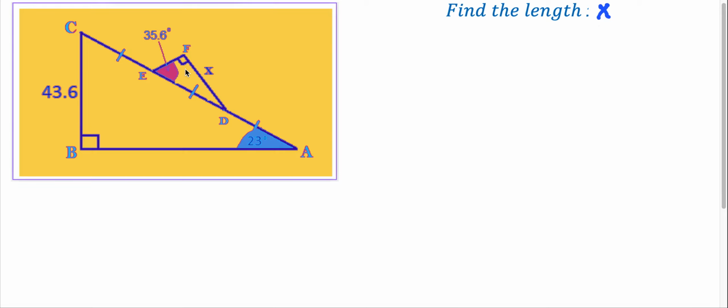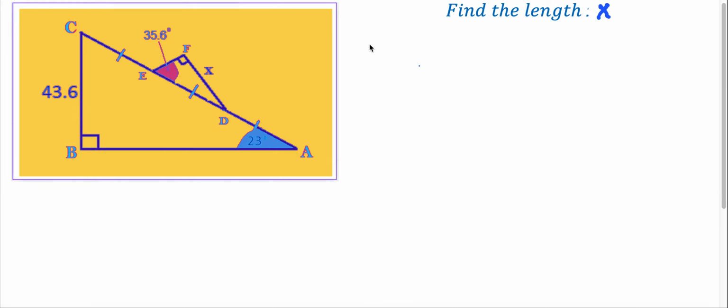x, the length x here of the small triangle EFD. But before we go there, we have to find first the hypotenuse AC. Okay, so let me find here the hypotenuse AC. But if we are looking here with the trigonometric ratio, this is the opposite of the angle,